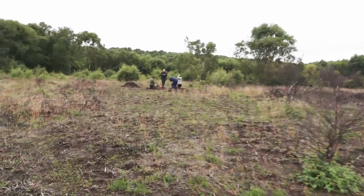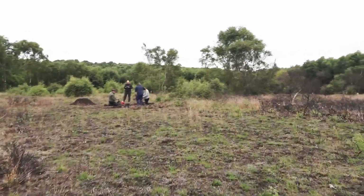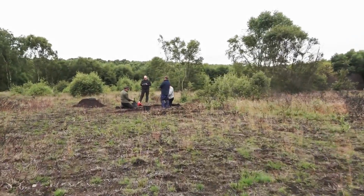over a feature that was once again picked up by geophysics. We hope we find some archaeological anomalies. We already have flint out of it,